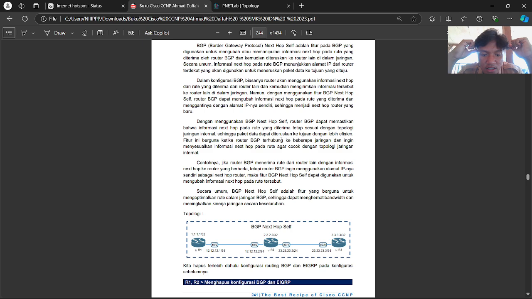Generally, BGP next hop self is very useful if you want to optimize the routes in the BGP network, making resource usage lighter on bandwidth, and also improving how the network works.